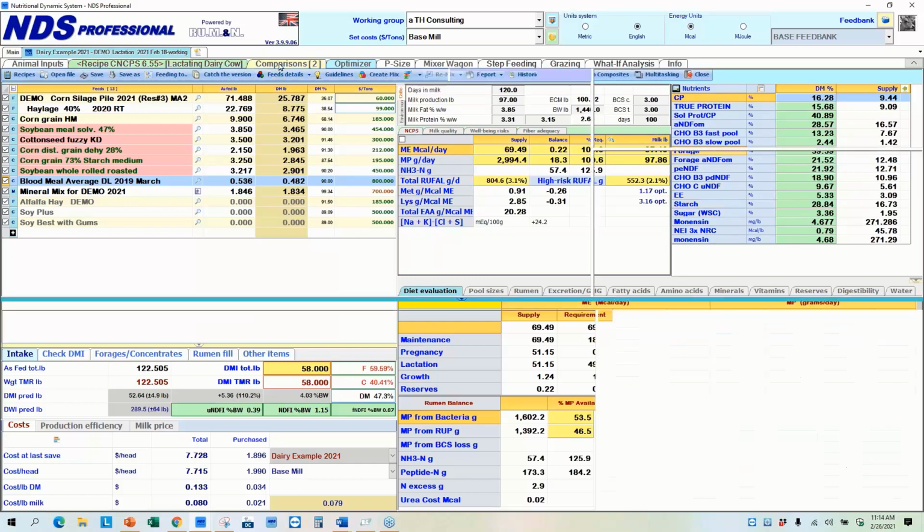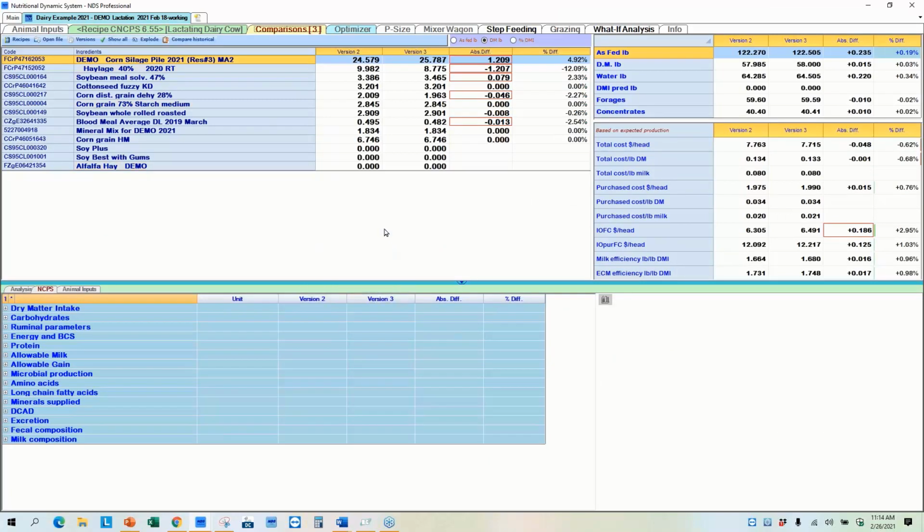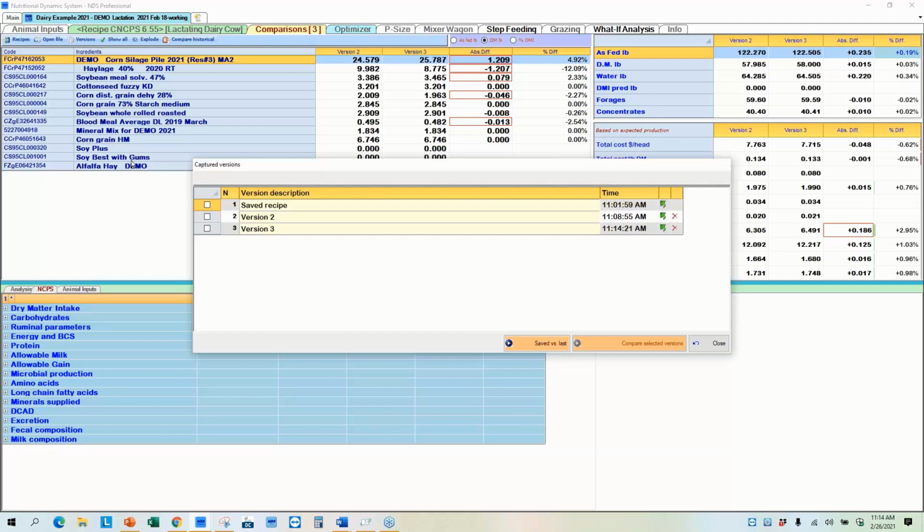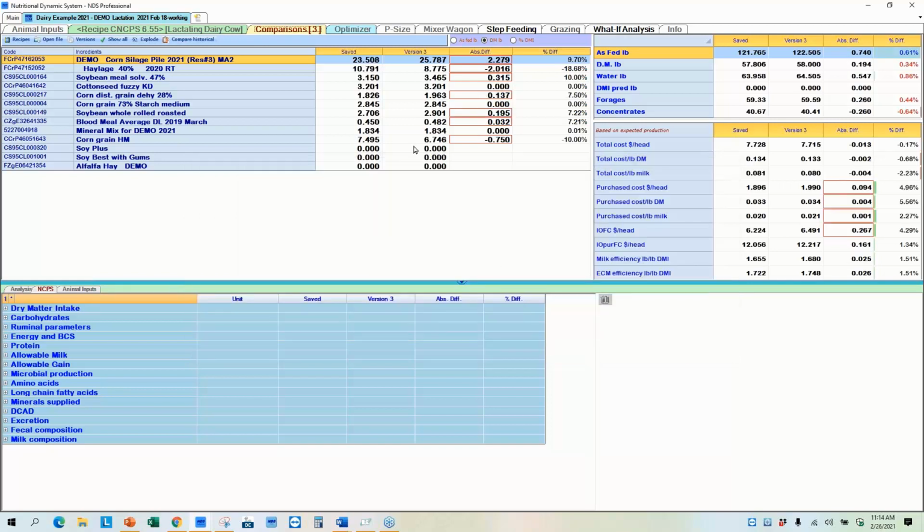And I'll do that. So now when I look at the comparison tab, I'm comparing version 2 and version 3. But what I can do is choose which versions I want to look at by either clicking these two and then compare selected, or just doing save versus last, which is really a quick little keystroke. So now I can always compare my first diet with my most current one, come down to allowable milk